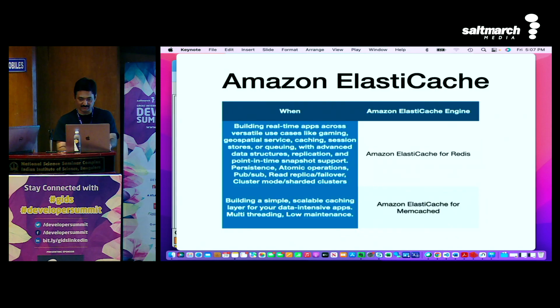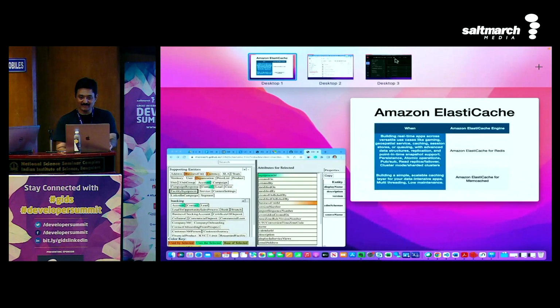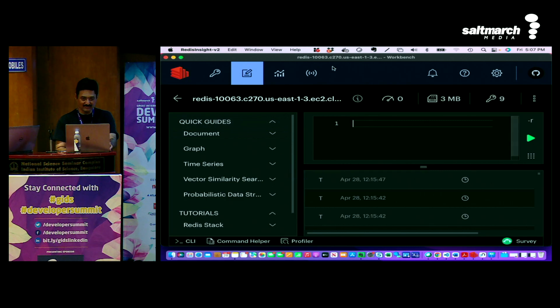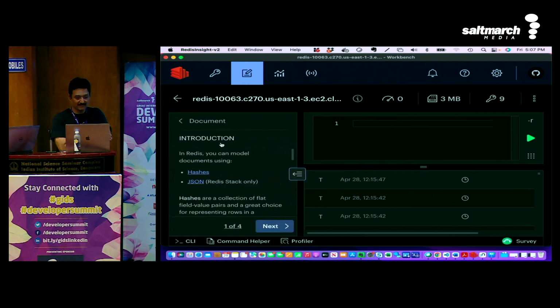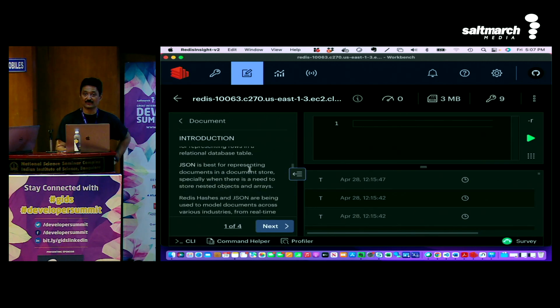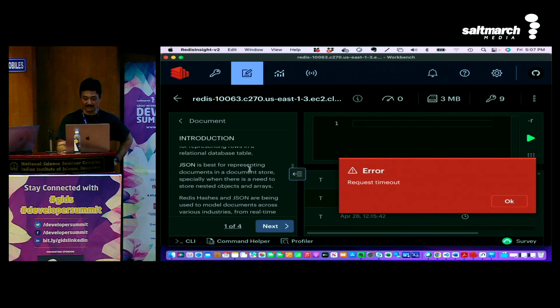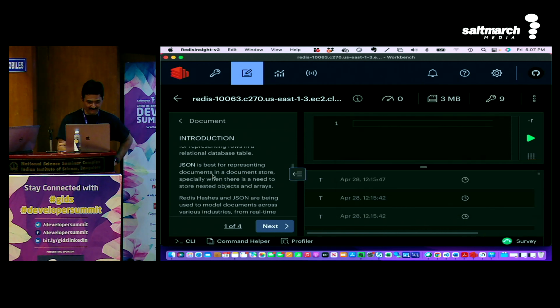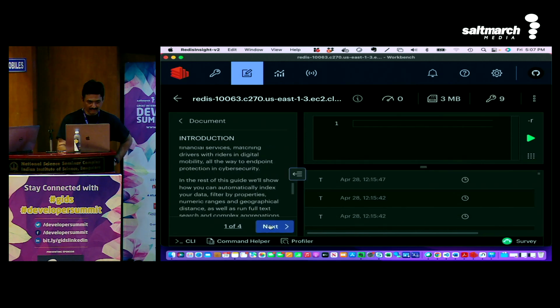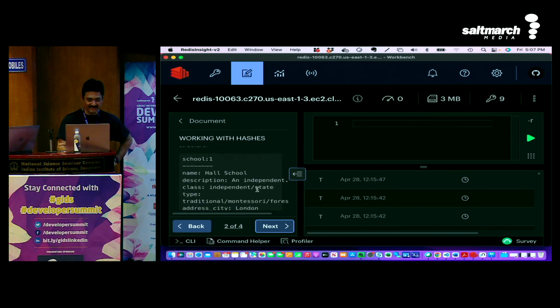Okay, so let's talk about this in a second. Let me show you Redis here. In Redis, this is my Redis cluster, which is running online. You can actually sign up for this cluster also. By the way, you can get one database free of cost. So what's really happening is, let me go and first create the query.